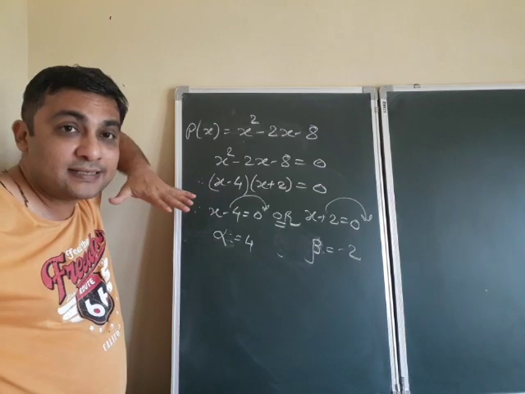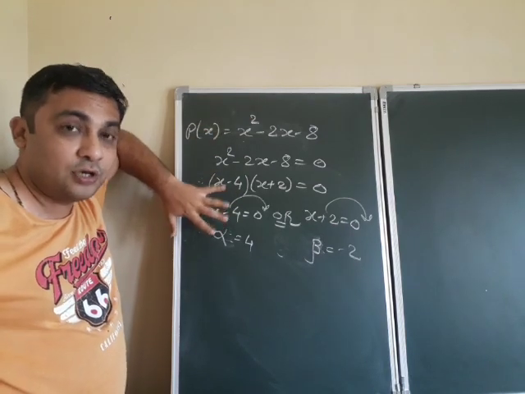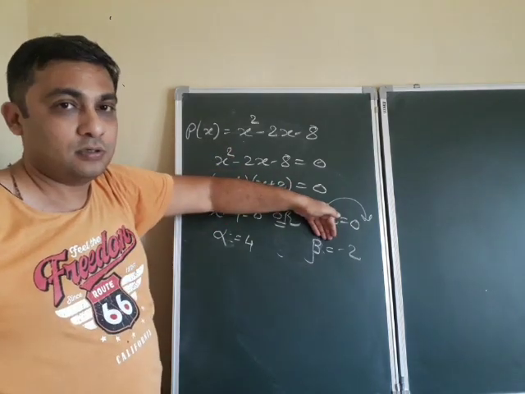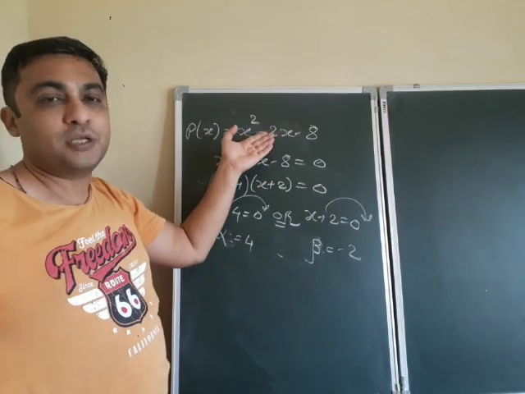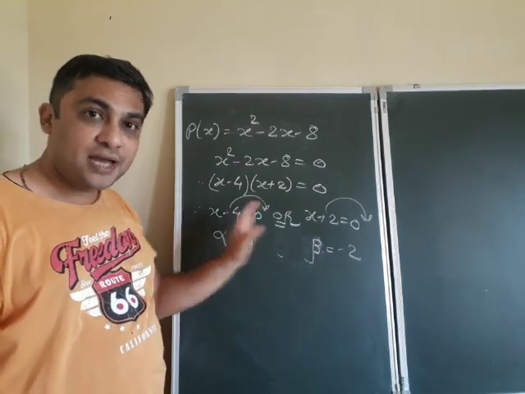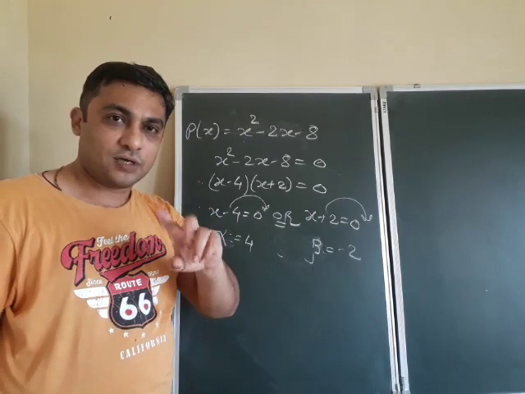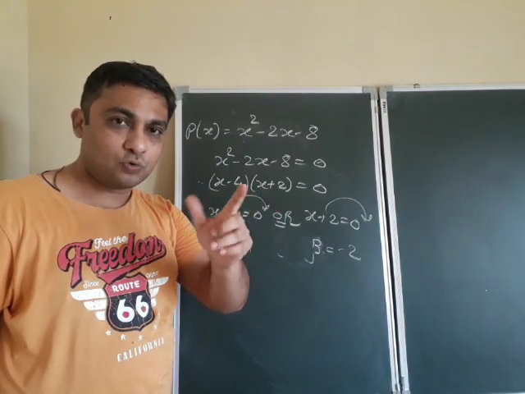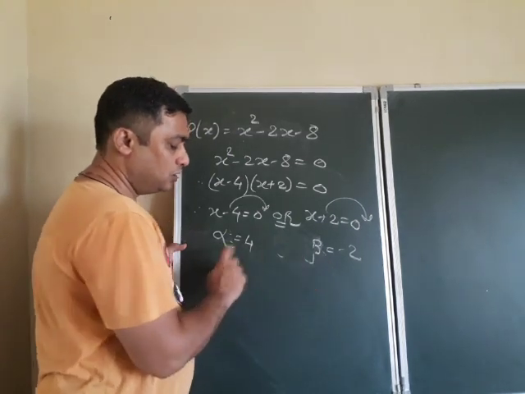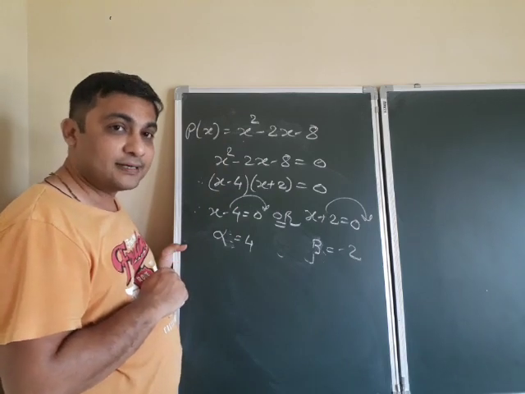Here, in these examples, the polynomial is given and we are finding the roots. Now in this lecture what we are going to learn is that the roots are given and we are required to find the polynomial. Roots means zeros, both are the same words. Either you can say zeros or you can say roots. Is that clear? So the roots are given and we need to find the equation.